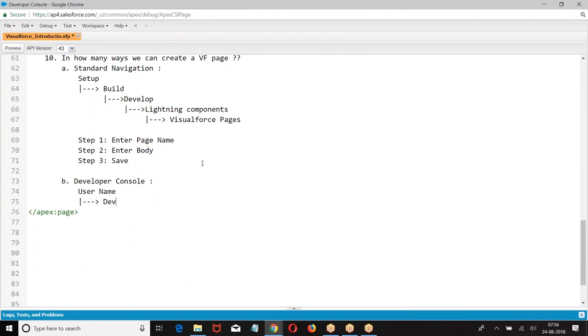Username, developer console, file, new, Visualforce page.